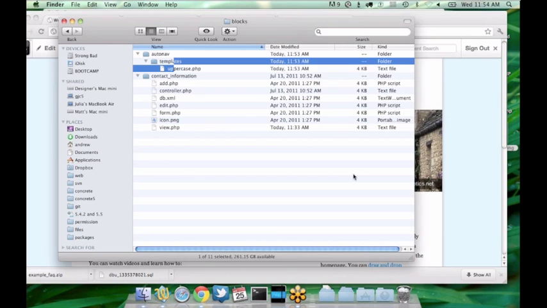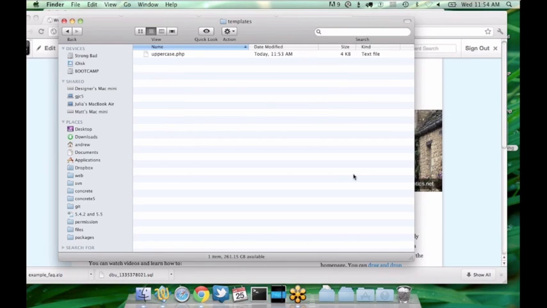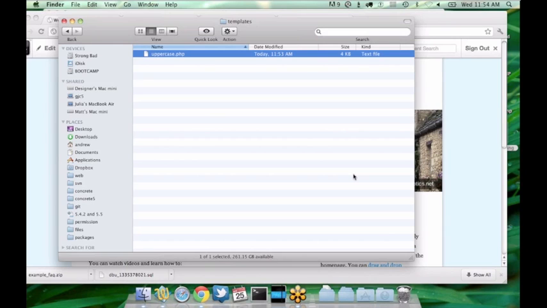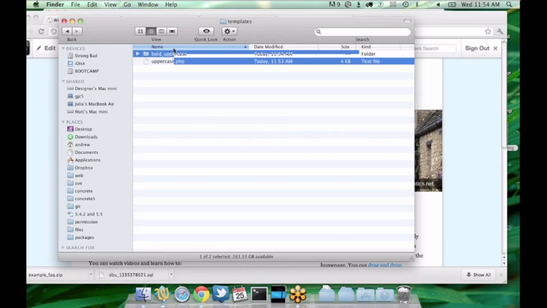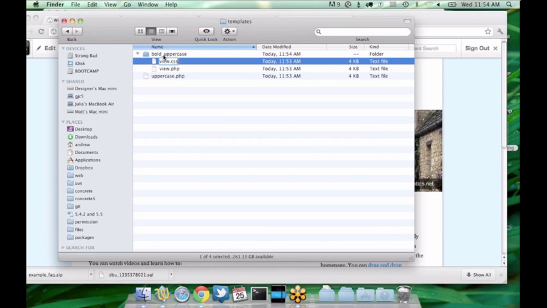One more thing that you might find interesting, we talk about this more in the basic block training, but just to make you interested, let's say I wanted to add a custom template in my templates directory. If I add a directory and I copy my view into this directory, I have to name it view.php. But then if I actually add view.css into this directory,